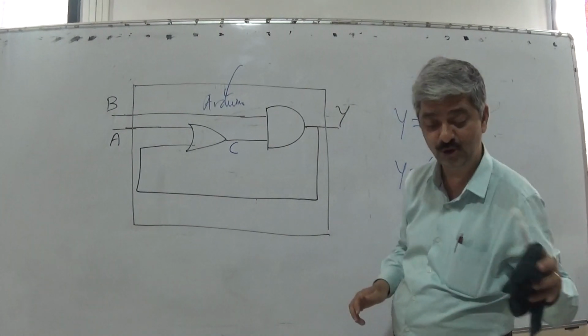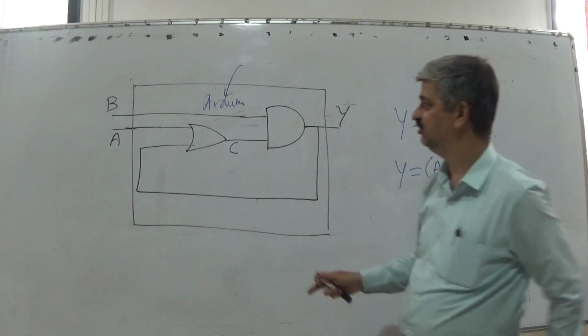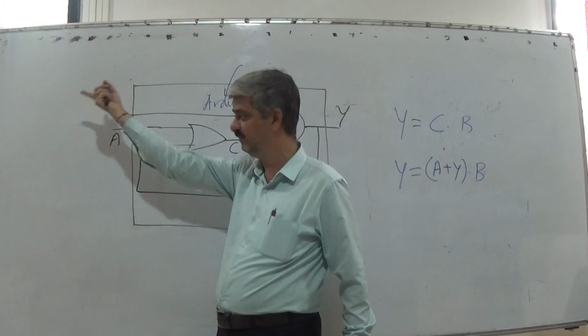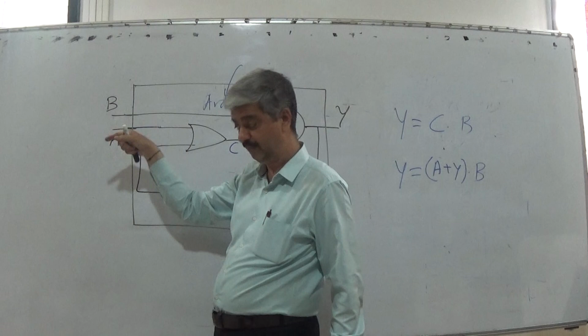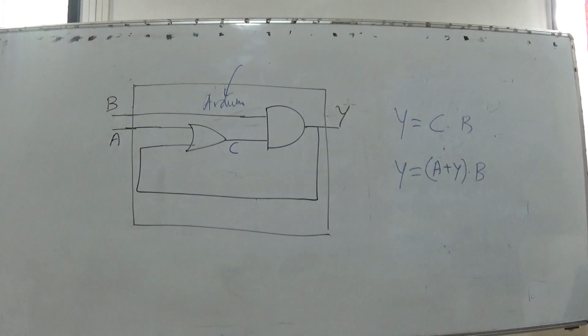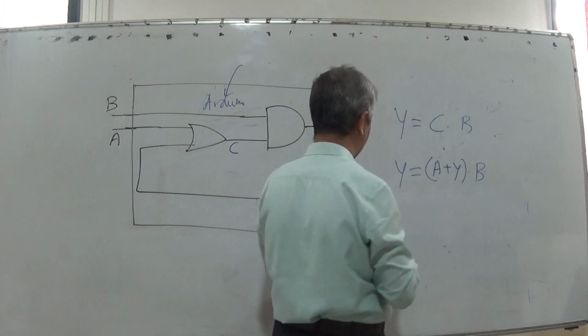So what should your Arduino program be in general? You should input bit B, which the user will activate. You should input the status of pin A and pin B, which are to be continuously read by the Arduino by input instruction, and based on some logic. So how do we implement this?